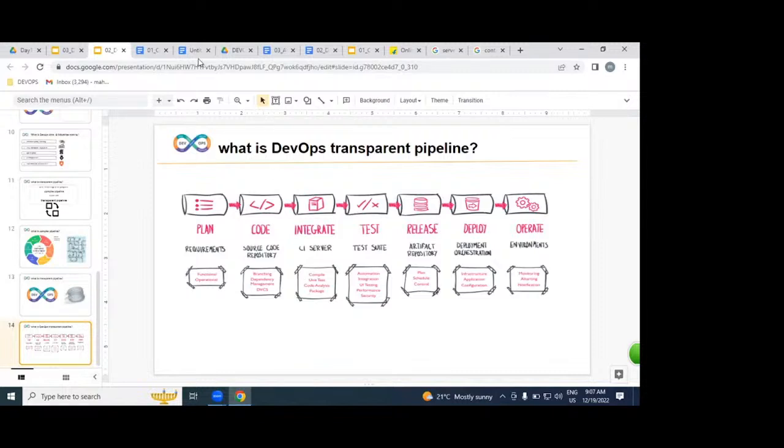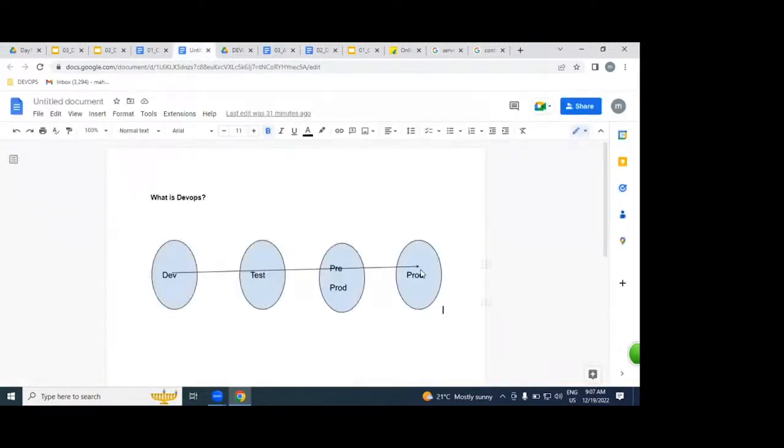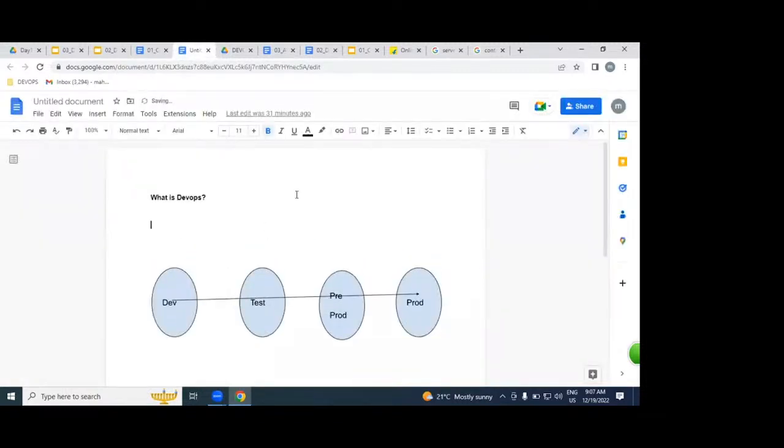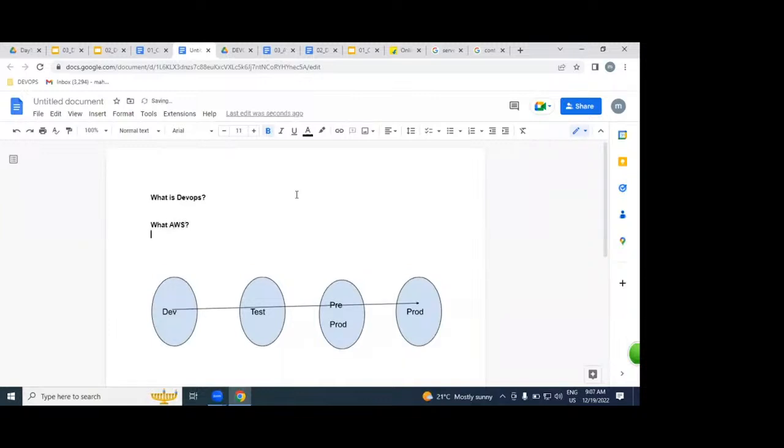Tomorrow we are going to be discussing what AWS is and what the difference is between AWS and DevOps. That is the class for tomorrow. I hope you understand what DevOps is; enough for today. I don't want to hit your brains more for today. Tomorrow we'll discuss what AWS is, then we can compare. Understood? Very clear. That is the class for you.